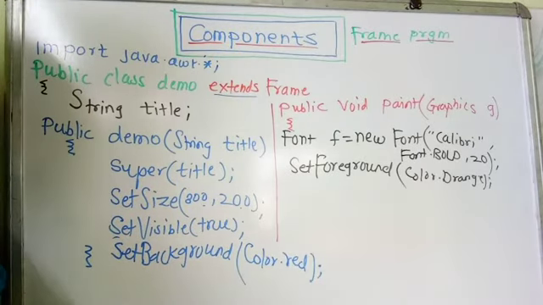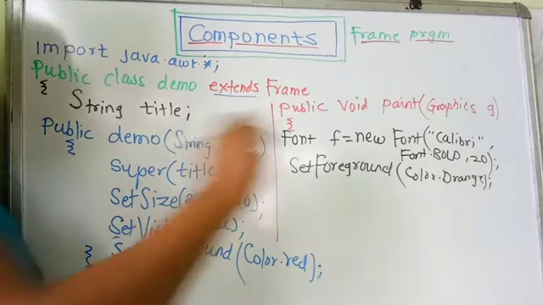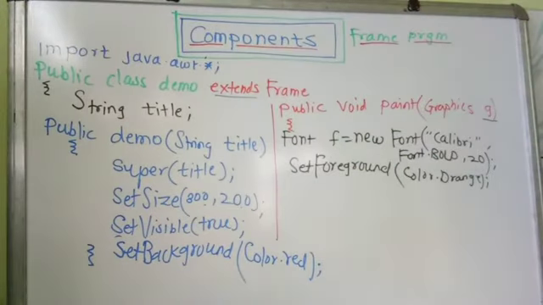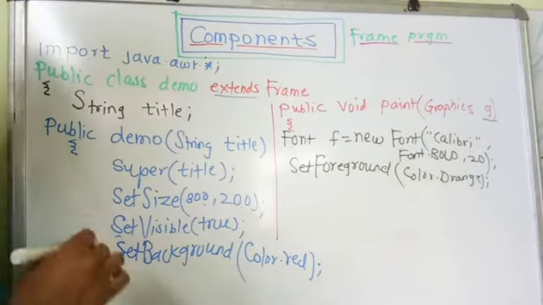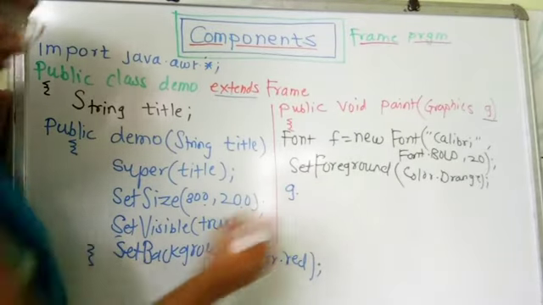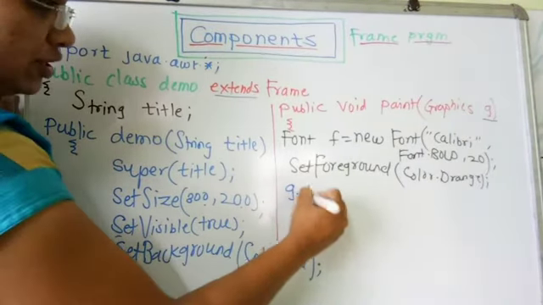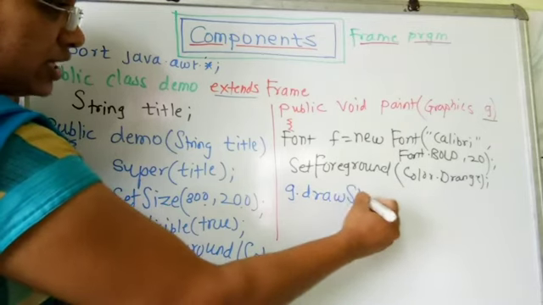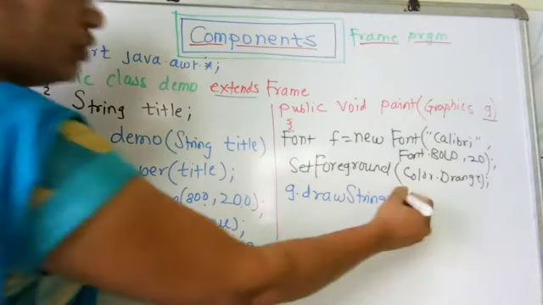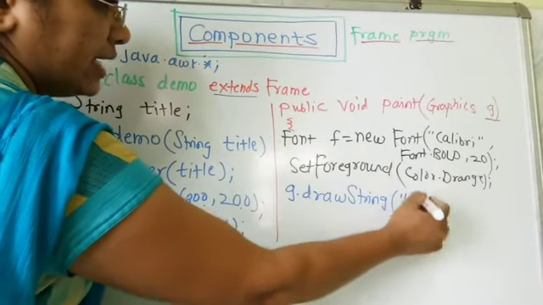So we will use the draw method, means draw string method. It is a graphical section and we had created Graphics type g as an object. Then with the help of it we can draw it like g dot drawString, which is a standard method of it. DrawString having a capital S. In brackets you can give the message like hello.